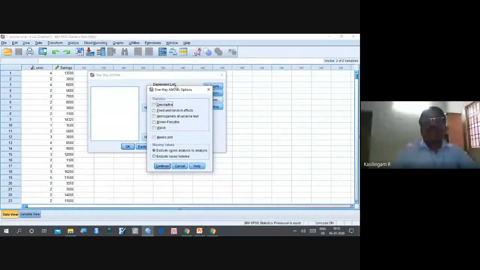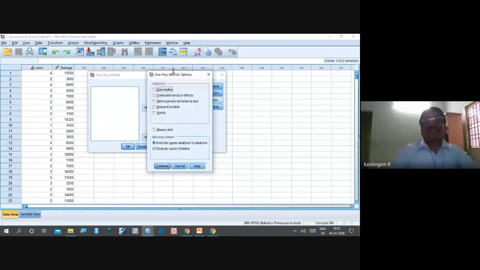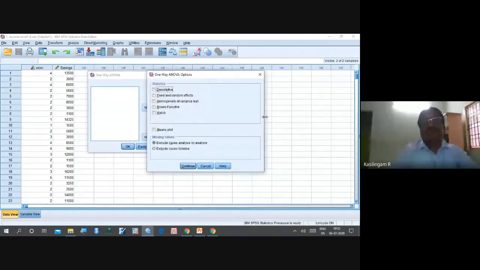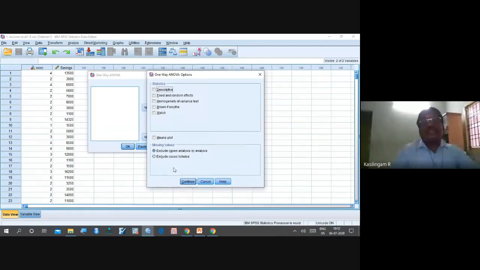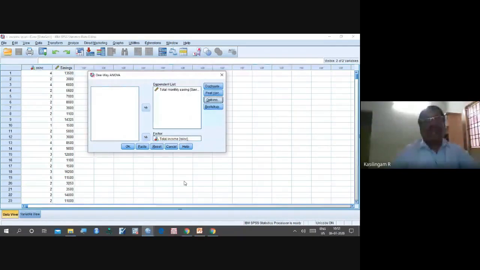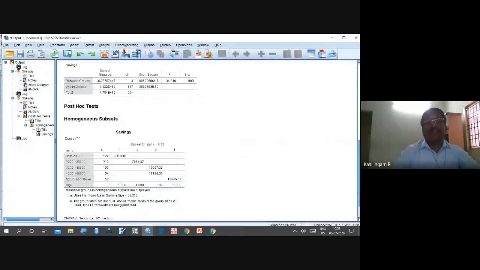Let me make it a little bigger so that you can see. Means plot. Let me click the means plot, let me click continue. Then I will get a means plot.